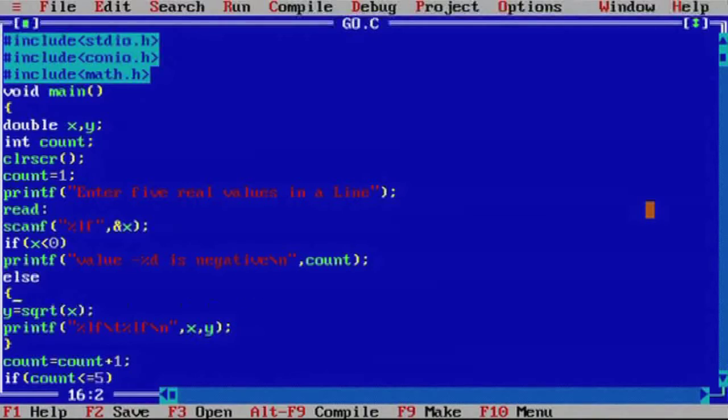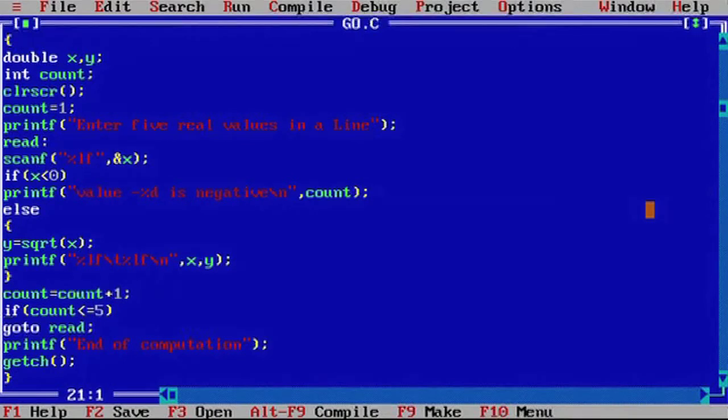In the else case, if the value of x is not negative but a real number, then the value of x will be squared and this value will be stored in the variable y. In the next statement, we have printed both values x and y.